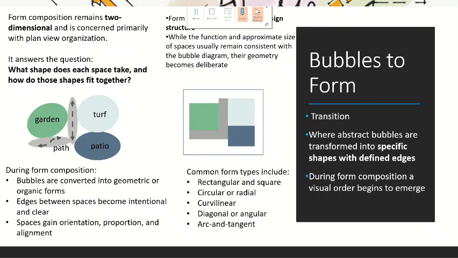Okay. So bubble diagrams, how to transition from bubble diagrams to actual forms. Bubble diagrams tell us what spaces we need. Form composition is going to ask what those spaces should look like on the ground. Once we start moving from bubble diagrams to form composition, that's when we are going to transition from abstract thinking